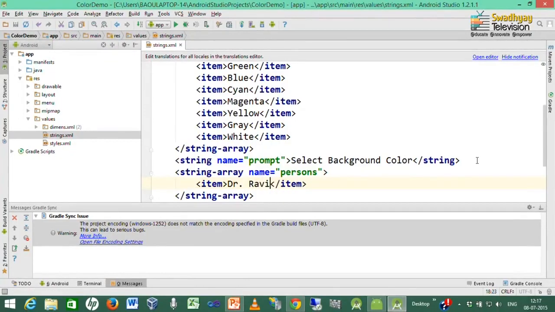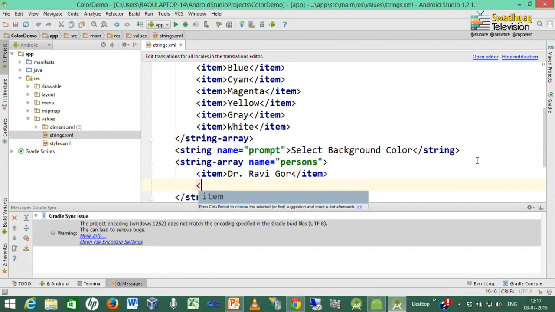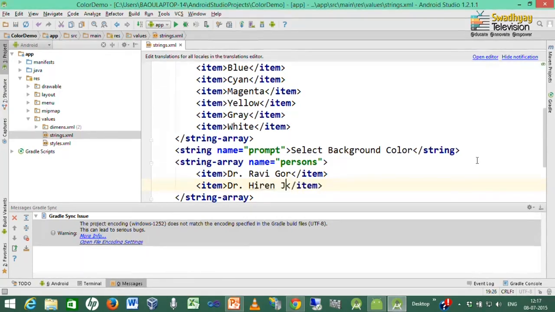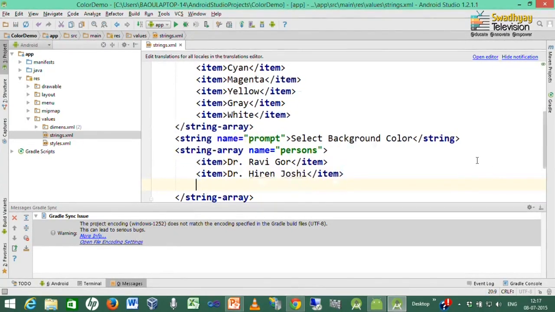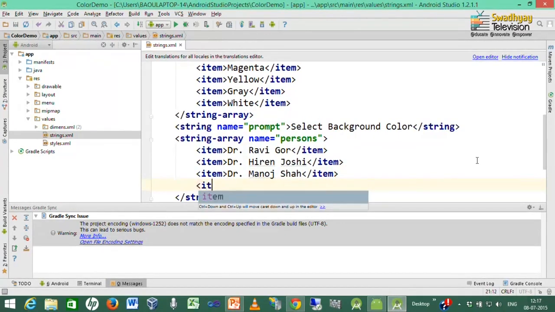So, for example, the first name is Dr. Ravi Gaur, another is Dr. Hiren Joshi, so whatever names that you want to display in the spinner should be written down here.